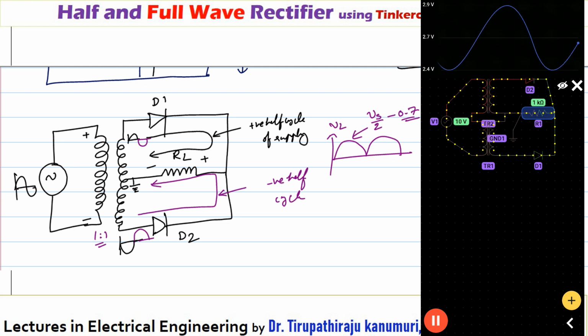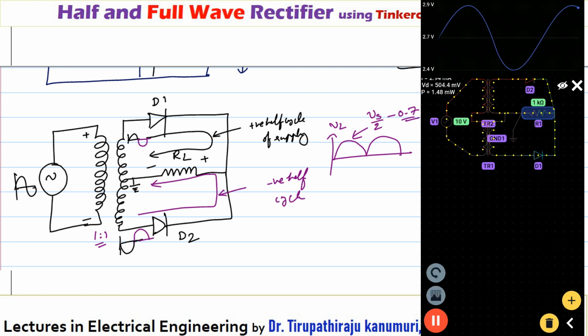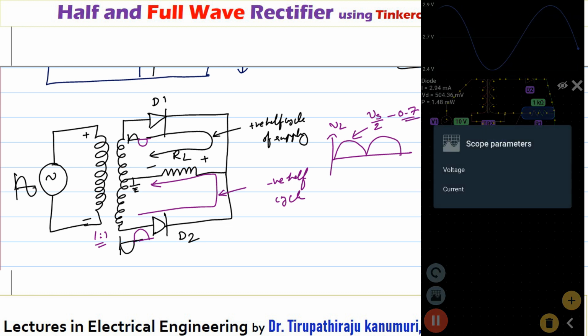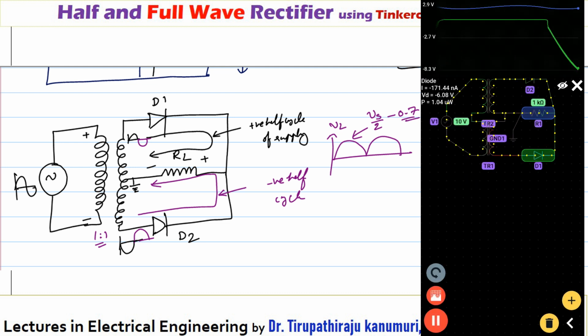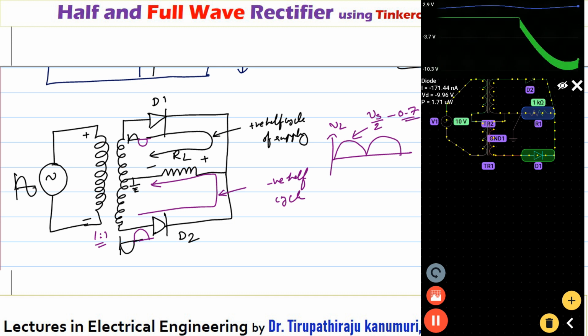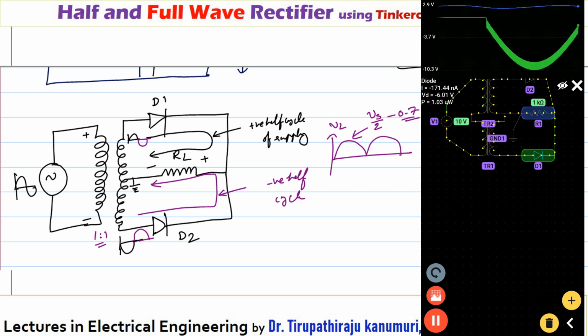After this, if you want to measure the voltage drop across any diode, the same procedure you have to follow. Click on the respective element which you want to measure, then go to the parameters and change there. For example, across the diode, you have to go to the scope parameter. When you click it, the scope option will come. Select the value, voltage or current. I have selected the voltage. Whichever color is displayed in the rectangular block across that element, the same color waveform will display there. You can see across the diode, for half cycle it is conducting, and for half cycle it is reverse biased. That's why the voltage is coming in reverse.